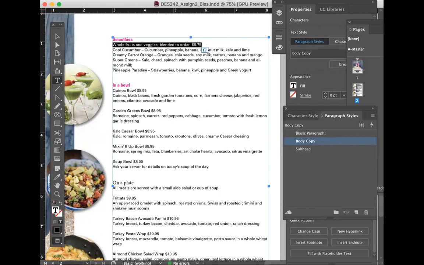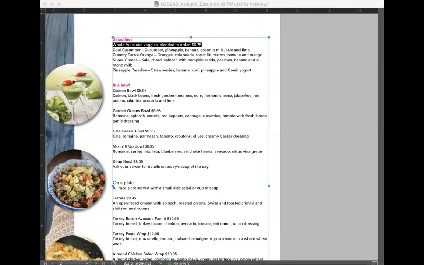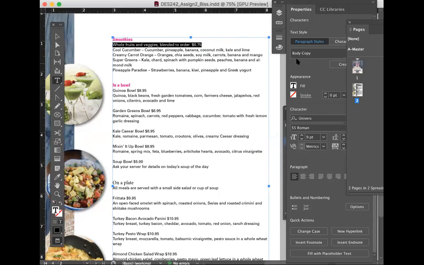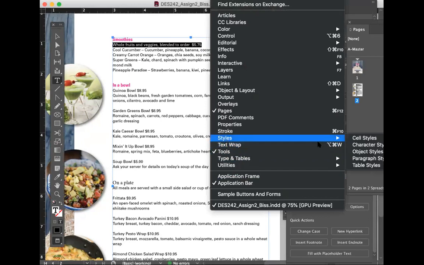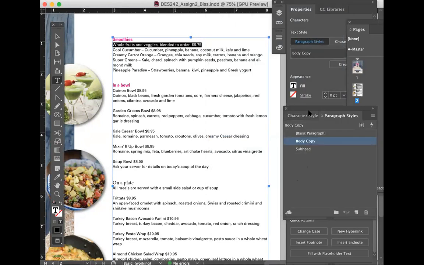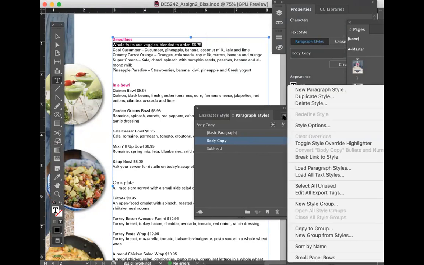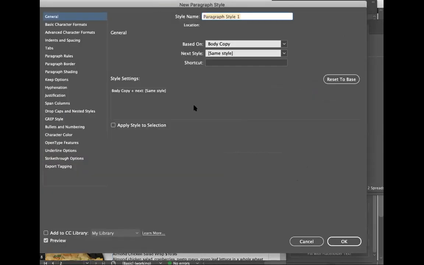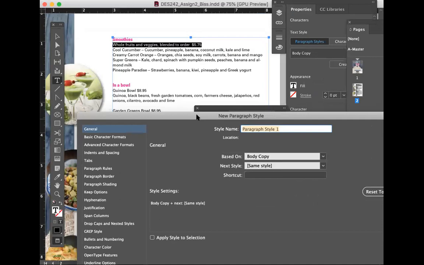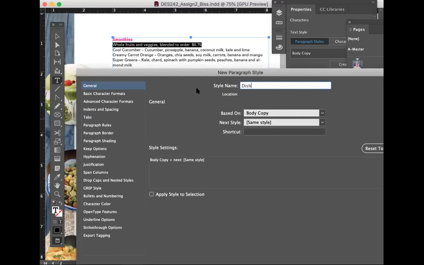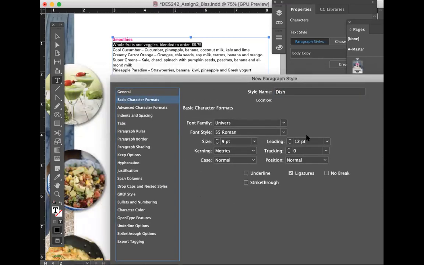And we're going to name this, you can name this whatever you want, however you want to name it for your understanding too. But I'm going to name this just for ease. Let's see here, where's my paragraph? I'm always losing that under my styles here. There we go. I'm going to go ahead and create a new paragraph style again, because it's more than one word. And I'm going to name this dish or food, whatever. I'm going to make this 10 points because I made my headline, I think 11. This will be 10 and my body copy is 9.